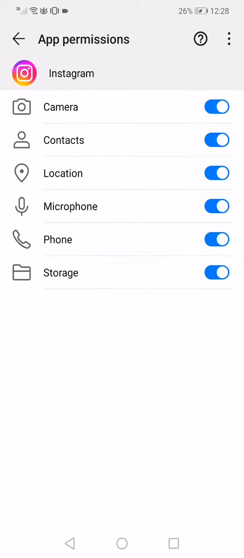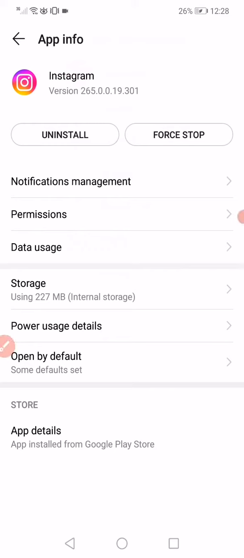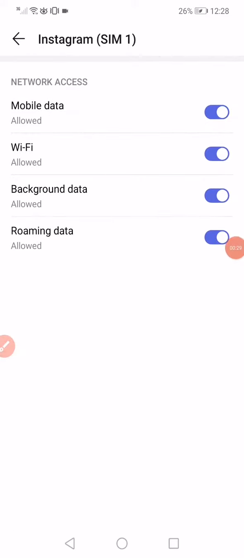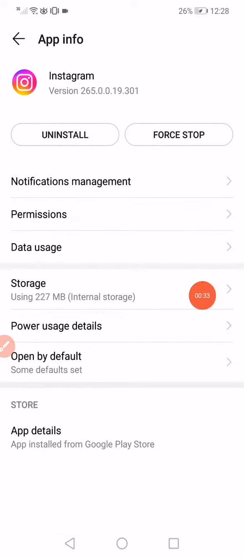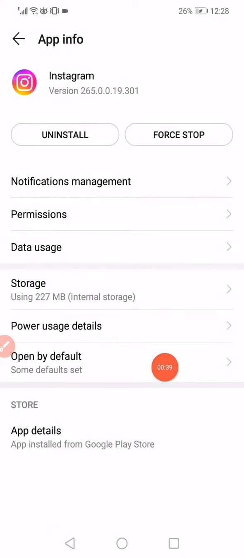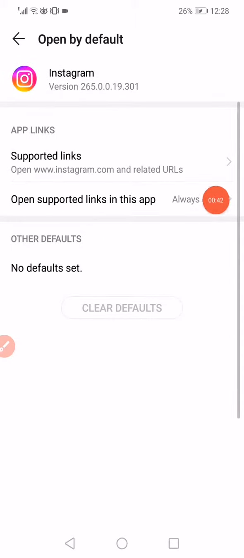Make sure that all the permissions inside the app are enabled. Go back, click on data usage, make sure that everything is enabled. Go back, click on storage, click on clear cache, go back again, click on open by default, click on